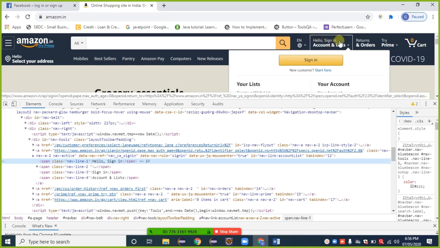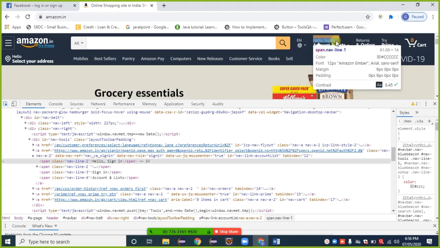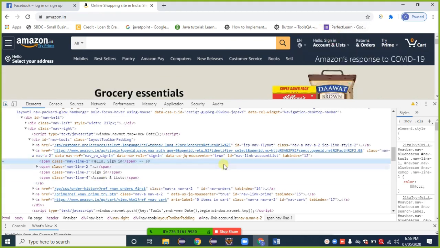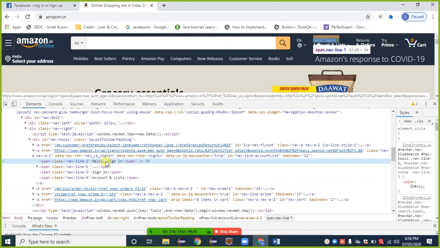That button gets pressed. So I can go with any element attribute here. Observe that when I take the cursor here, Hello, Sign in gets highlighted.